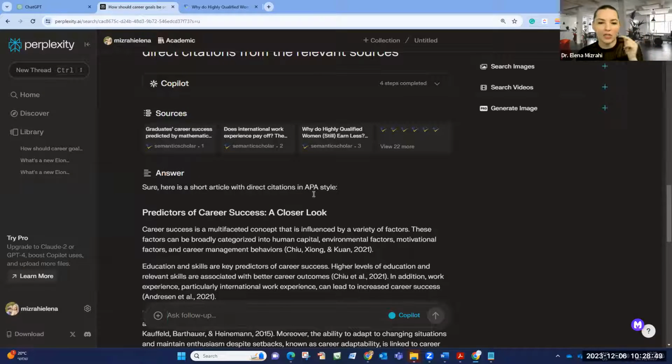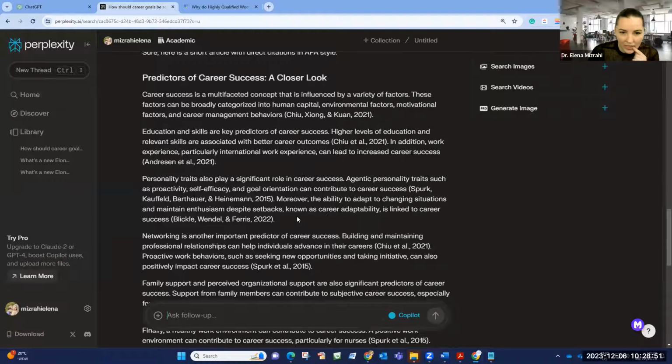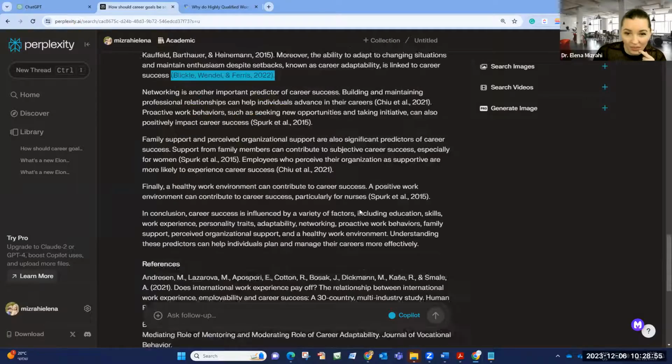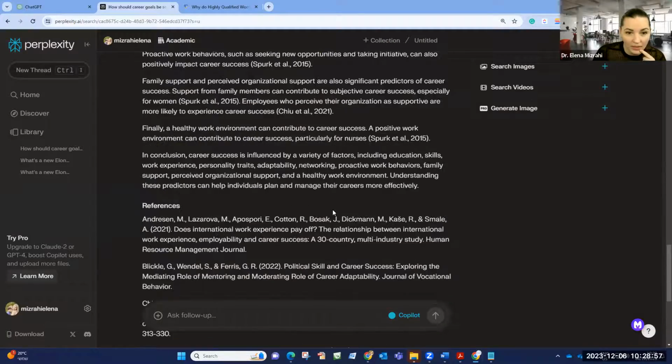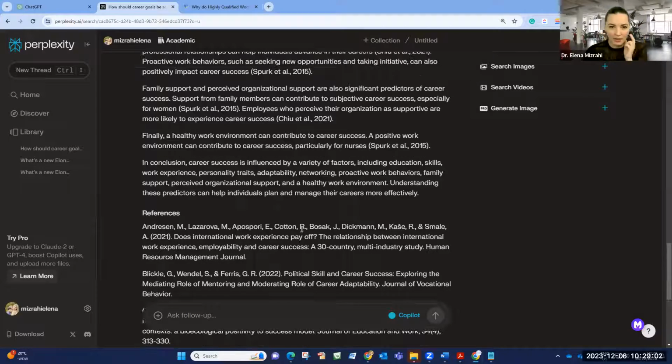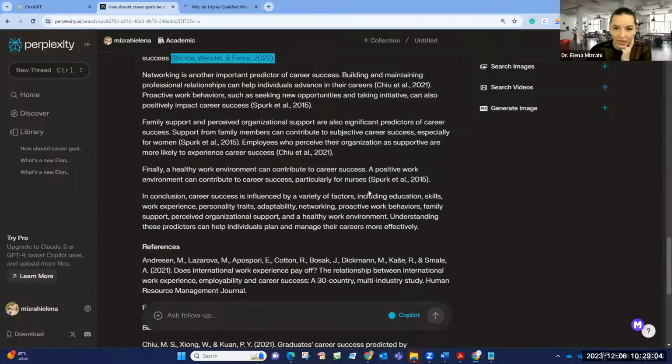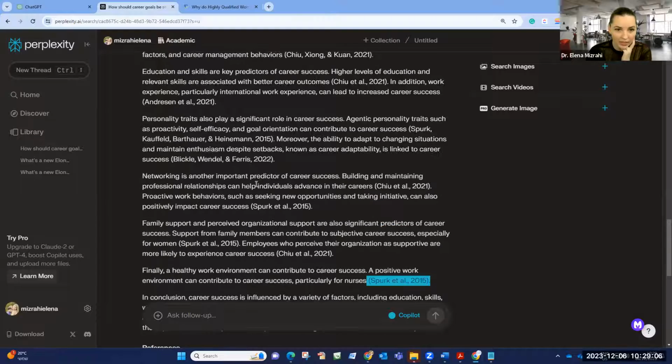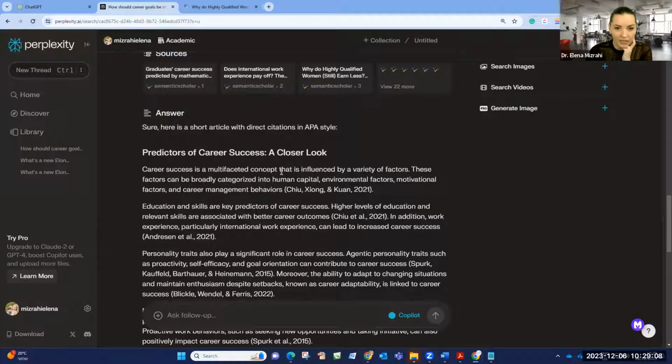Okay, so it actually took the, I don't know if this is just taken from the article. I don't know if it got what I needed, because by direct citation I meant a quotation, not just citing the article in brackets, right? But this is a good beginning, right? Because we know that playing with AI, you don't expect to get a 100% perfect result from just one little question.